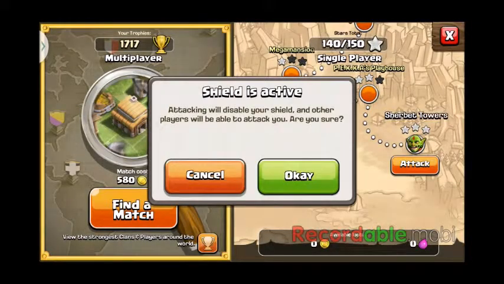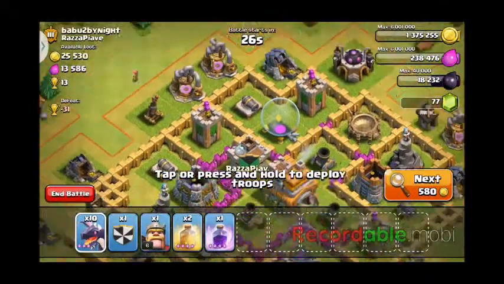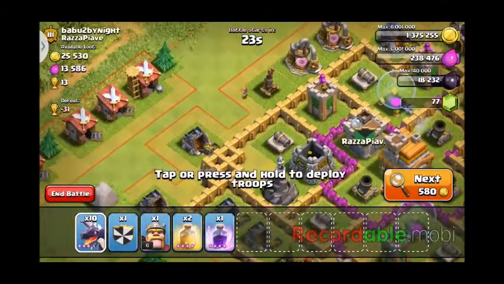Now, the strategy you want to use with those... Sure, we can disable the shield there. The strategy you want to use with your dragons is... This is a Town Hall 7 base. It only has 1 air defense. It's right on the outside. All I'd have to do is...